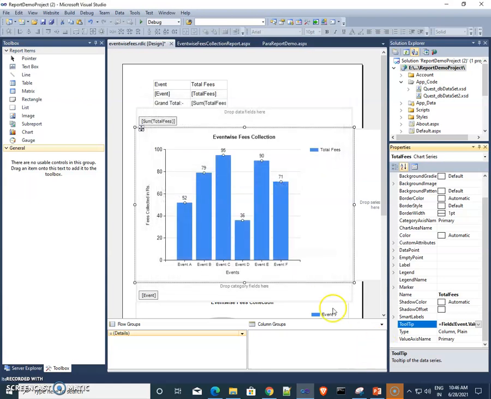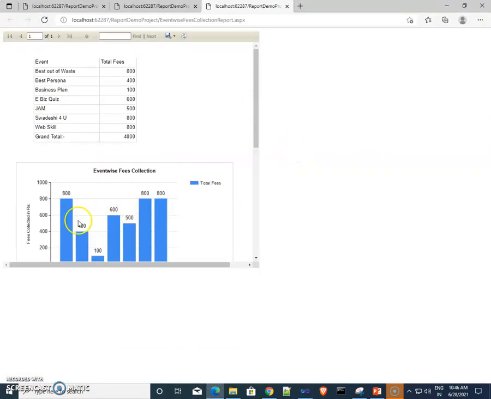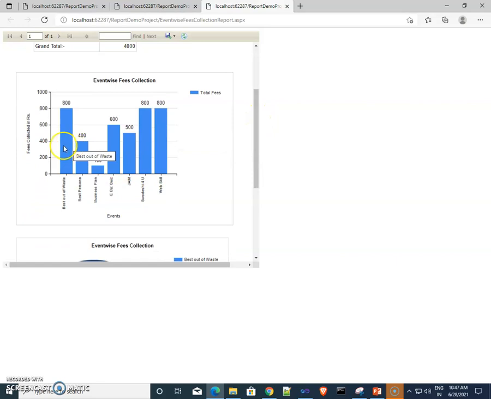Okay, then if I refresh the page, see what happens. Okay, when I move the mouse pointer, then I see the event name. The hover effect is here, or the tooltip we can set as the event name.